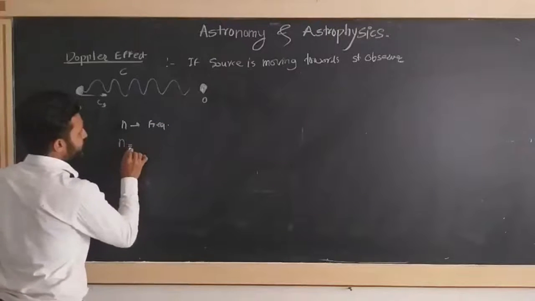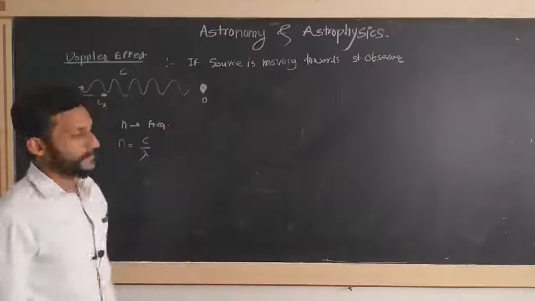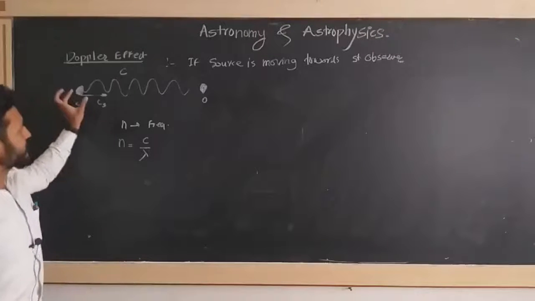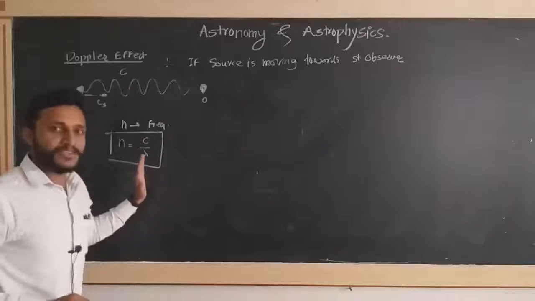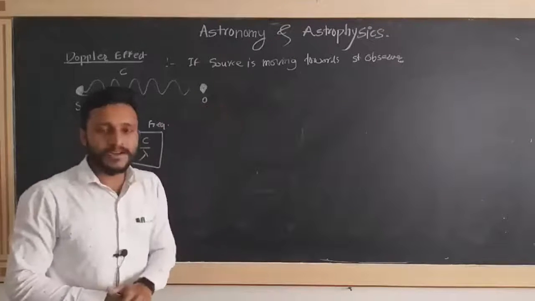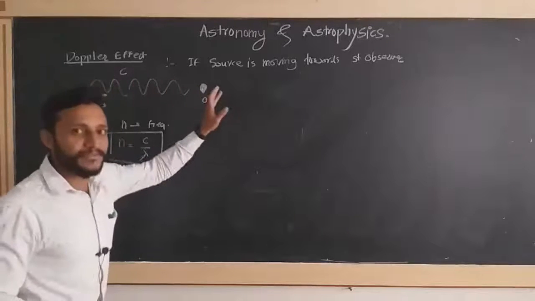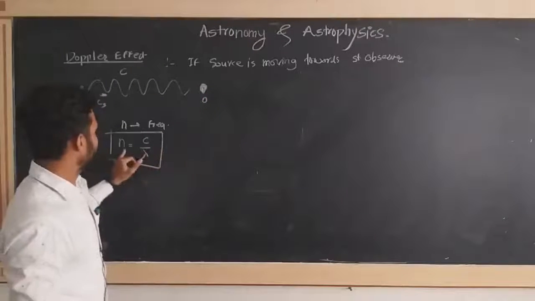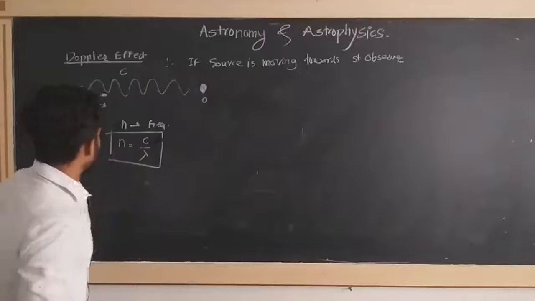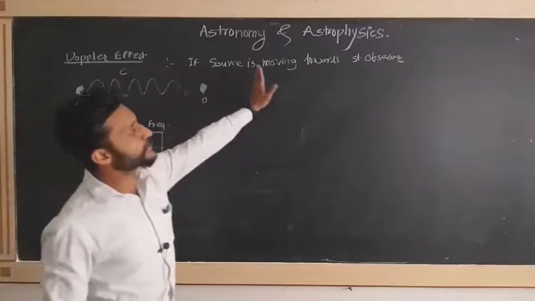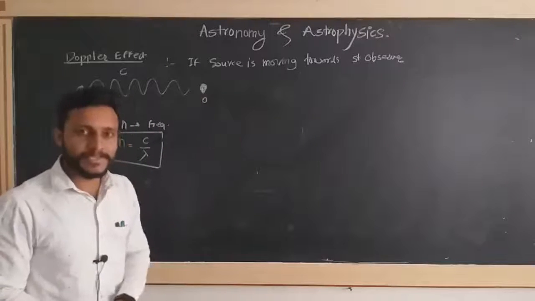So the relation is nothing but n is equal to c by lambda, where c is the speed of light. But this is the case when both are stationary. When the source and observer both are stationary, then n is the frequency of the light moving towards the observer, which has velocity c and wavelength lambda. But if the source is moving towards the stationary observer, the source also has a certain velocity,